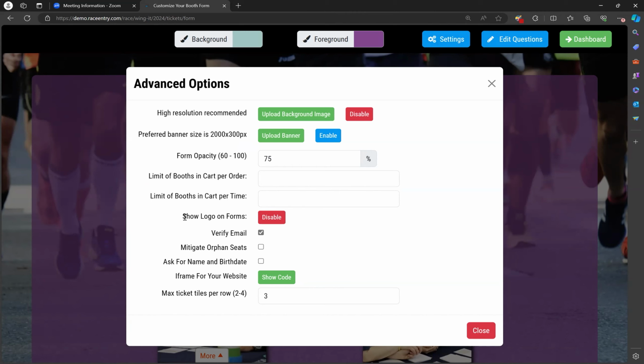Okay. You can disable showing your logo on the form if you would like. I'm just going to leave it enabled. With booth registration, you can ask people to verify their email, so they'll type in their email twice, and that can be helpful. So I have that checked on. Mitigate orphan seats. Again, this is a feature that's more useful for people who are doing ticketing. But if you're concerned about leaving empty booths in weird places,